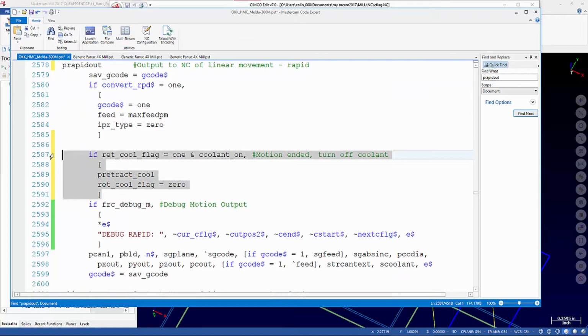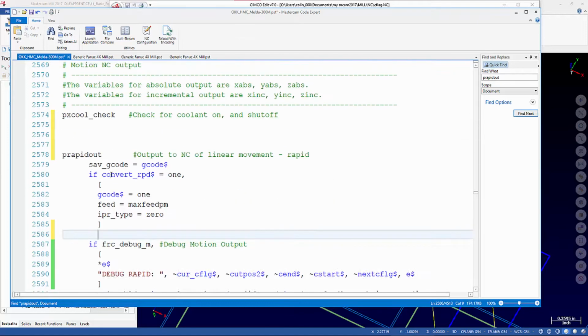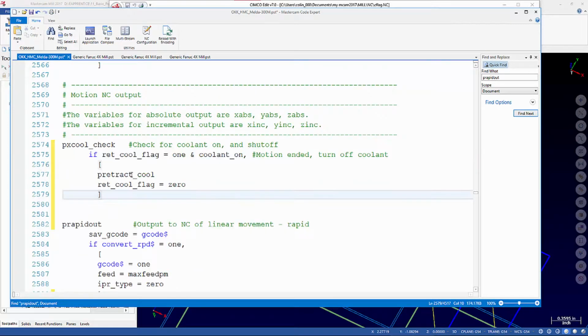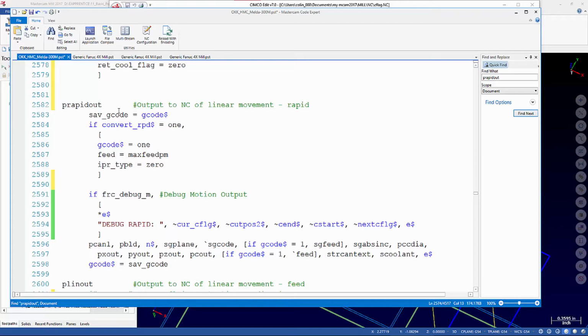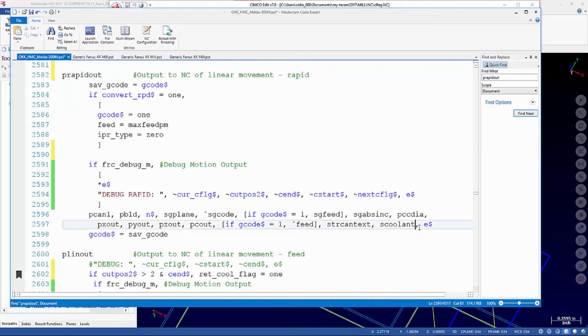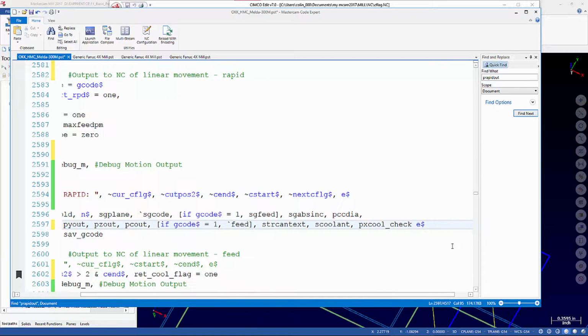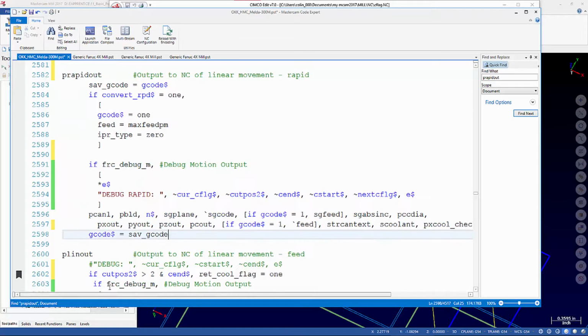And I'm going to put all of this code right inside pxcoolcheck. So if retract cool flag equals on, equals 1, and CoolingOn, we're going to execute that code there. And now what I'll do is in pWrapItOut, we have scooling, and I'm going to add the call to pxcoolcheck at the end there. And what this should do for me